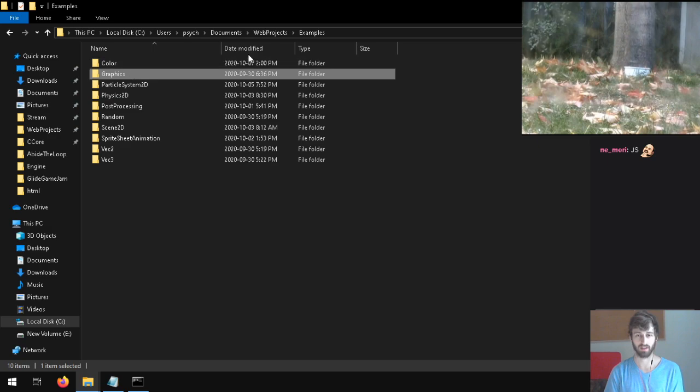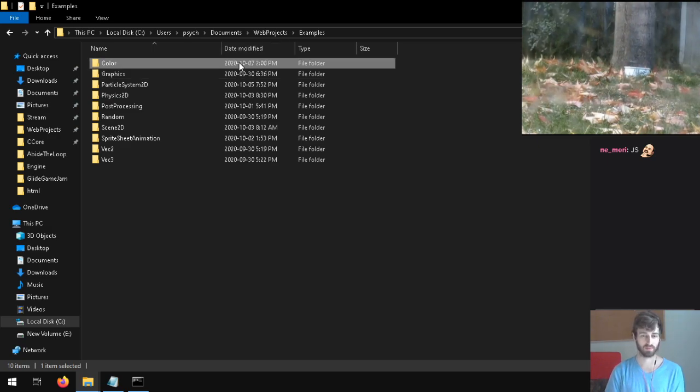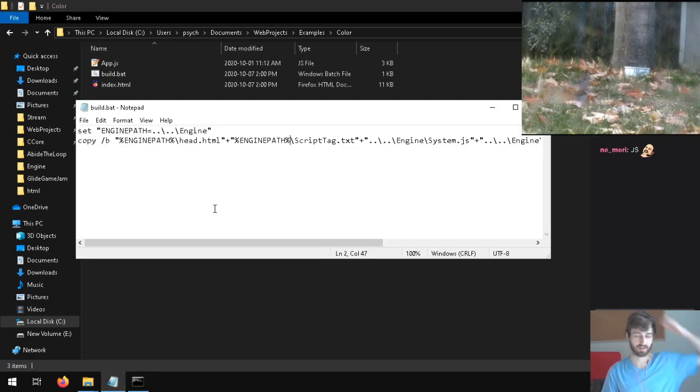So, to get around both of those problems, I've done this thing that's like a really simple build system. It's literally a command line script that copies together